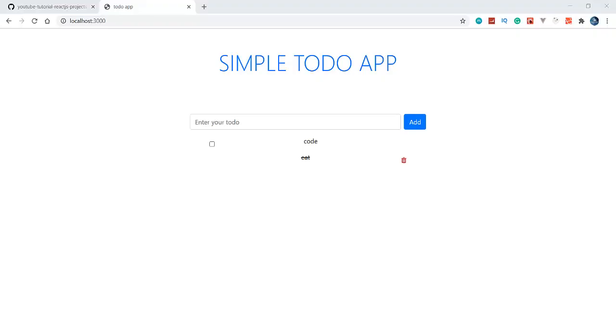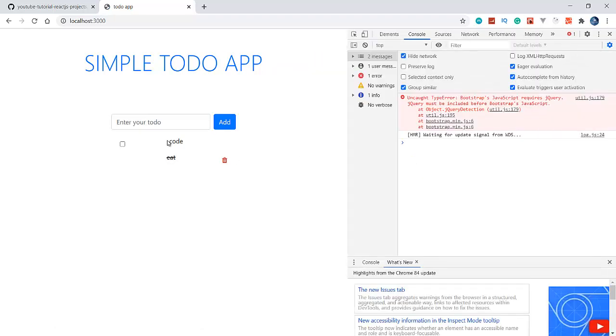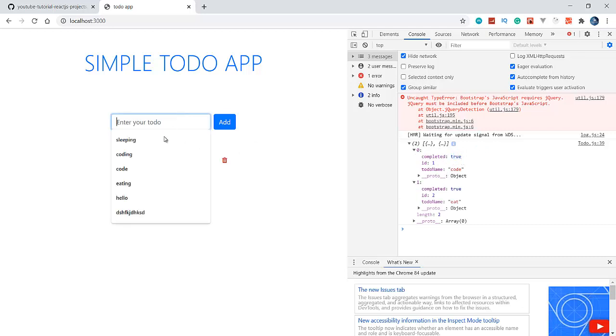Whenever we write here, see that we are getting two arrays here, and for that completed is equals to true, and here also completed is true, but we haven't set our state here. Whenever we write sleeping here, we are getting three arrays, so that completed is equals to true also here. So let's refresh it now.